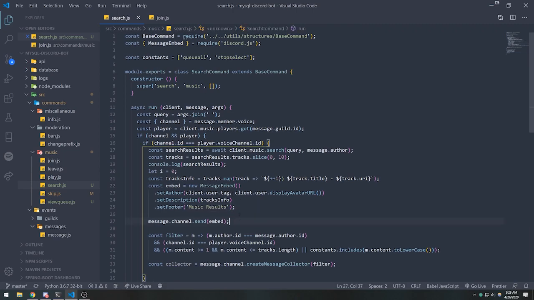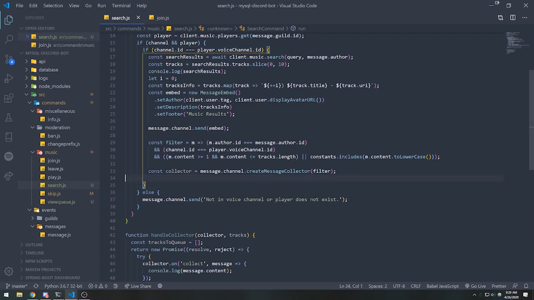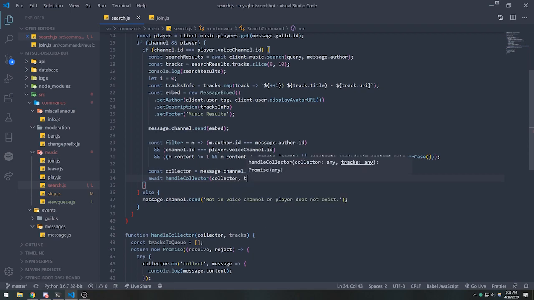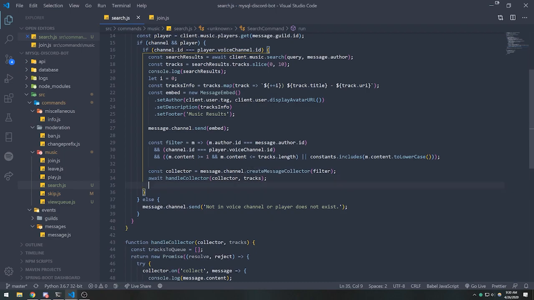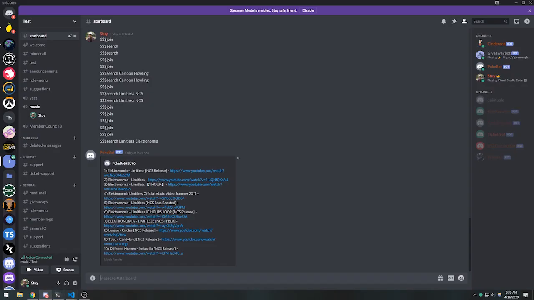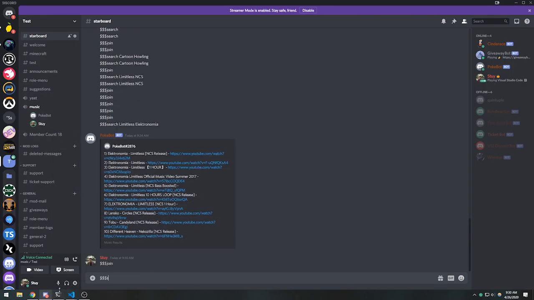And right up over here, I'm going to go ahead and call handle collector, and we're going to pass in collector, and we're going to pass in tracks, and we're going to await it. This part is important. Okay, so let me just console log done. Okay, and let's just go inside here for now. We're not going to do anything crazy, but let's go inside here and let's have the bot join. Let's do search limitless